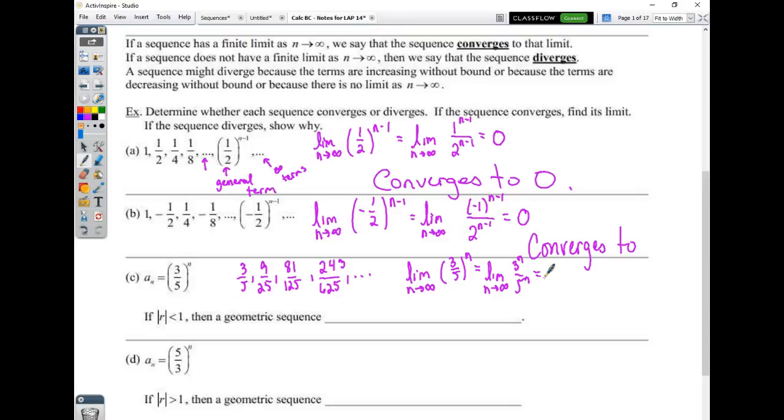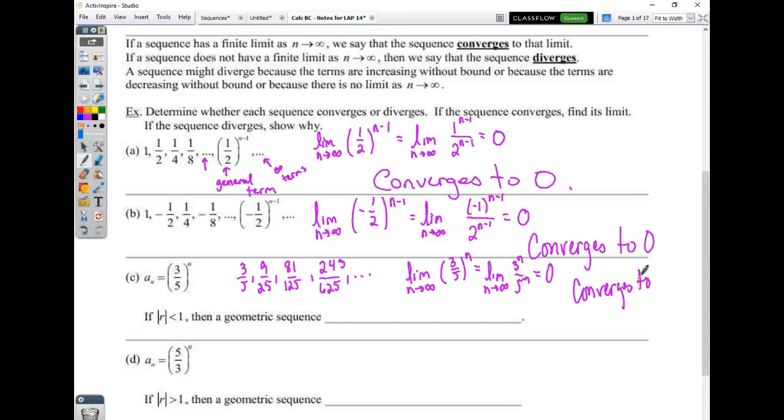Doesn't 5 to the infinity get a whole lot bigger than 3 to the infinity? I mean, just look at the rate. After 4 terms, I only made it up to 243. But in the bottom term, I made it up to 625. If we get up to the 10th term, it's going to be a big difference. This actually converges to 0. I forgot to put converges to, and then I didn't put a 0. So we can say that this converges